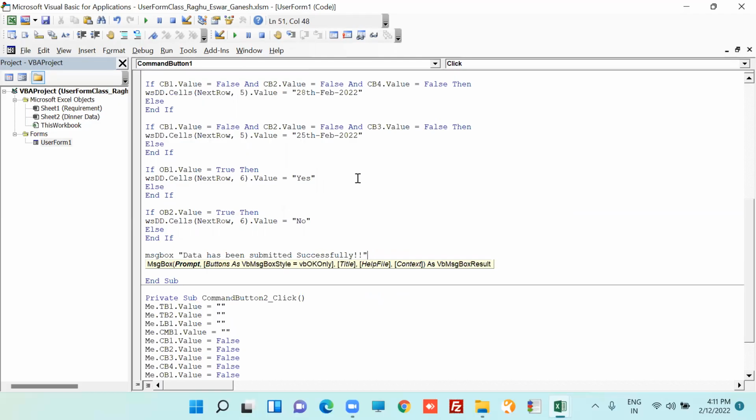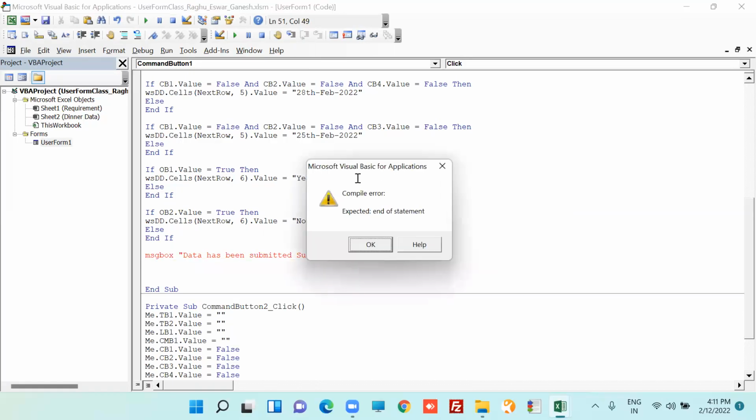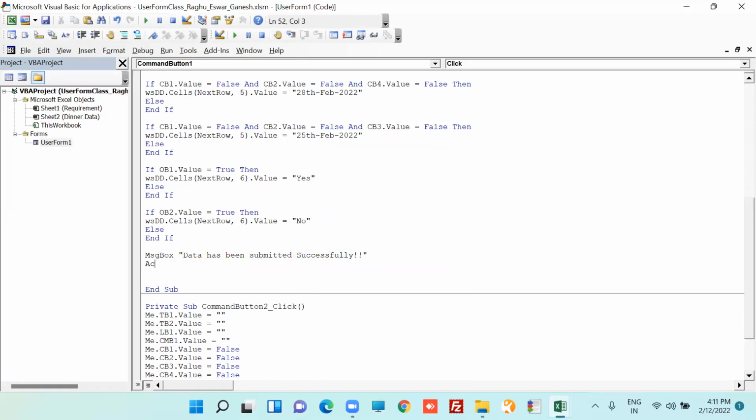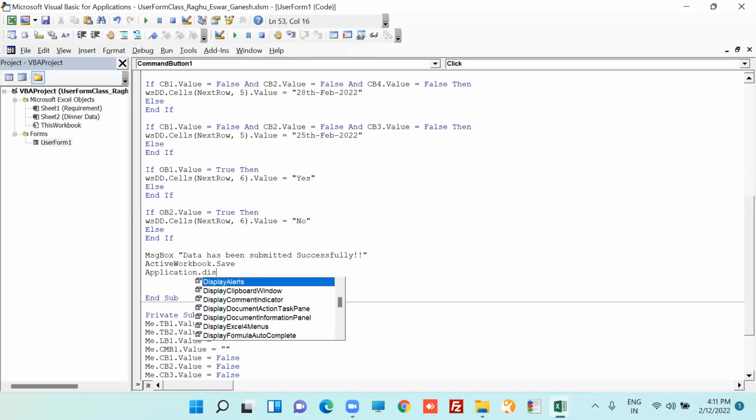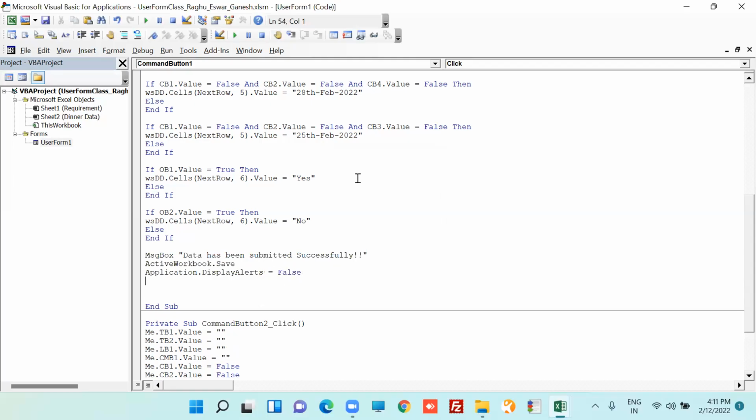And then I want to say in workbook dot save, application dot display alerts equals to false, active workbook dot close. And then